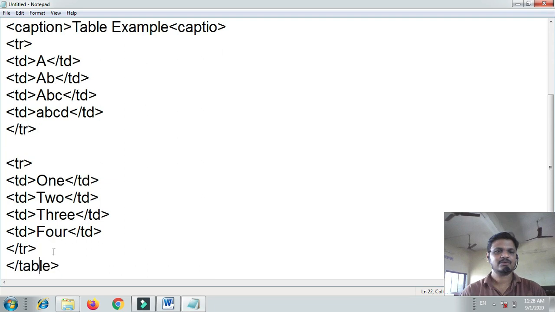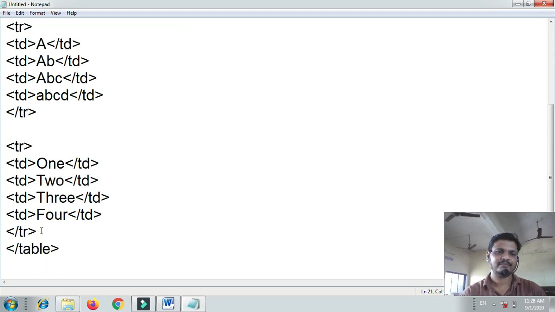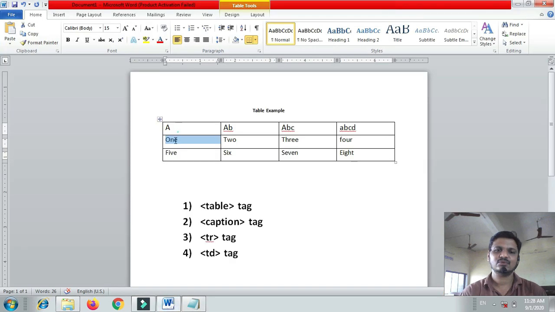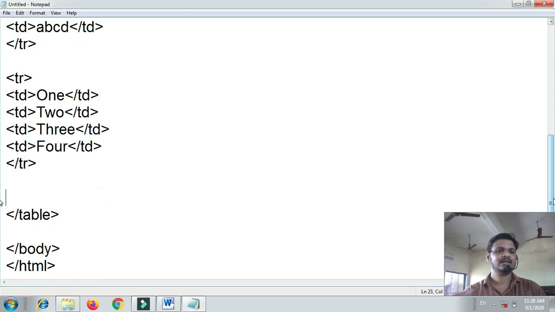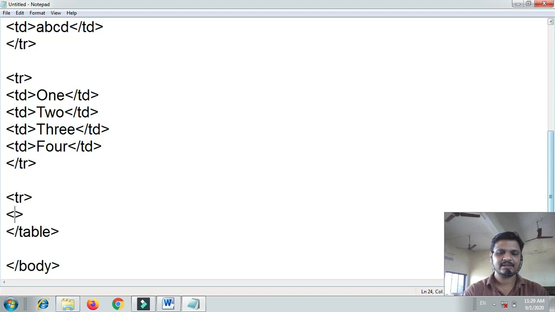So in this way you can add many rows, but there are only three rows, 1, 2 and 3. Now the third row starts. If I want to start the third row, we have to add tr open, td tag open, and next 5. Close slash td means close td.